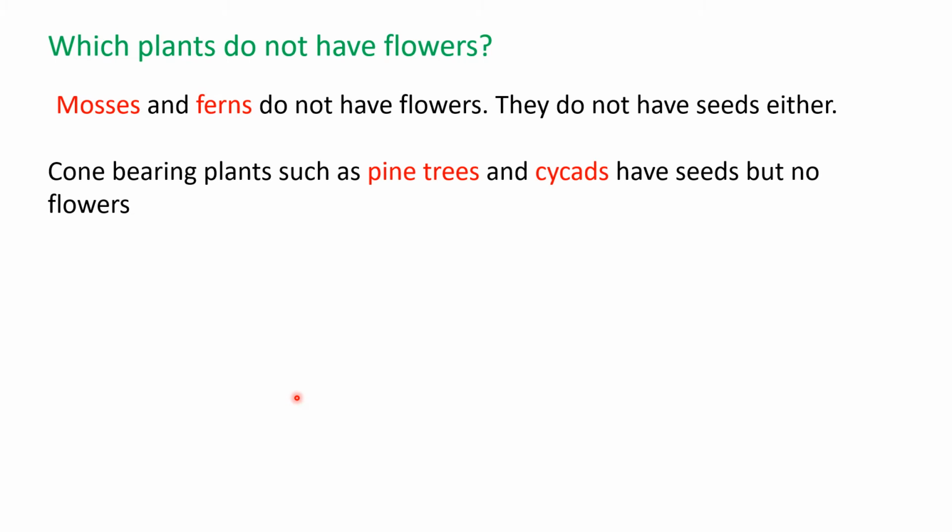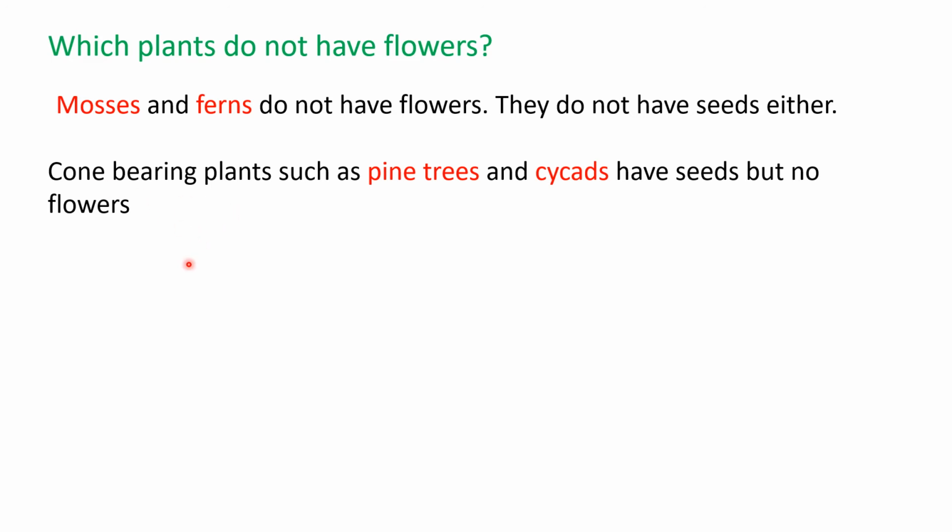Cone-bearing plants. What are the cone-bearing plants? They are plants that reproduce using cones. They are green all the year, like the pine trees and the cycads. These cone-bearing plants are called conifers, and it is easy to identify them because the majority are trees and they have bracteate cones which contain the seeds.